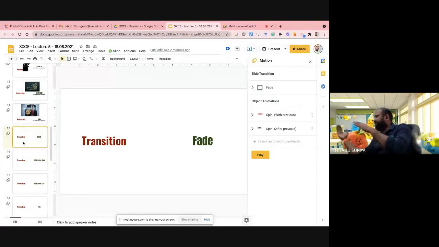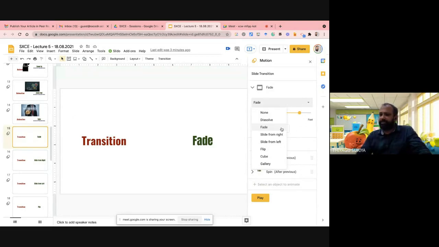There is some kind of transition that may happen from the first slide to the second slide, some kind of small animated effect in the transition mode, like a screen opening or opening a door, or like a gallery mode, or like a cube based one, or fade based. So like this, different transitions are there. But in Google Slides only a few transitions are available. The transitions we can discuss one by one.